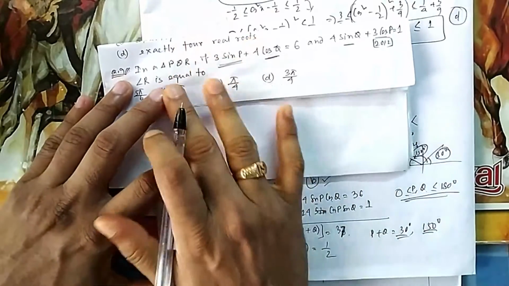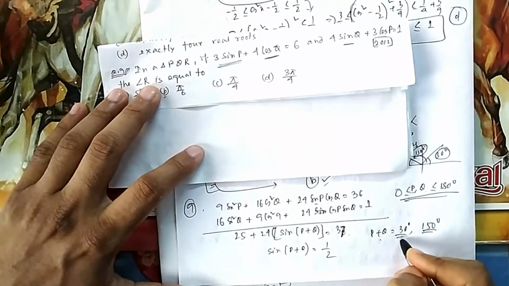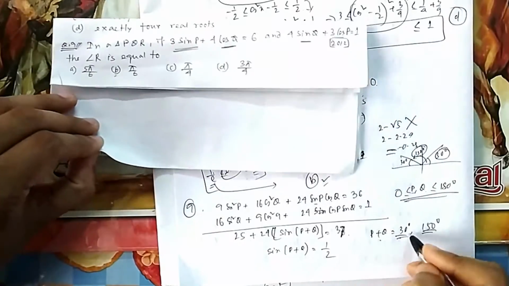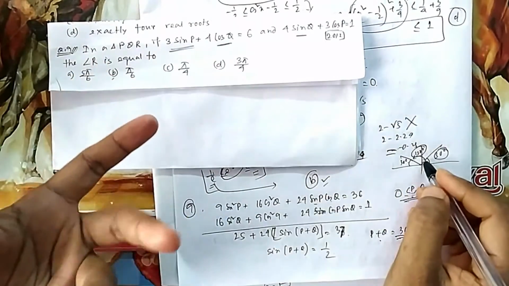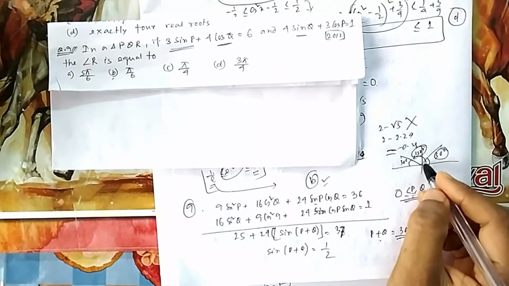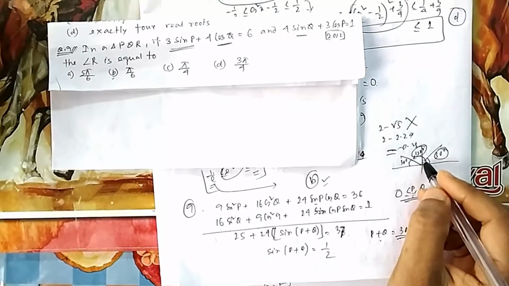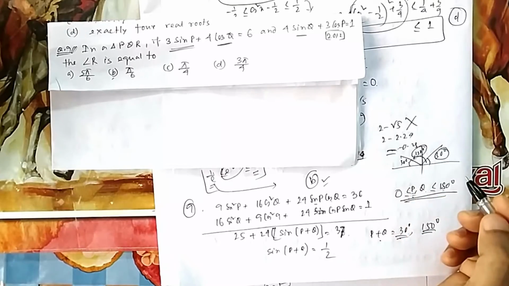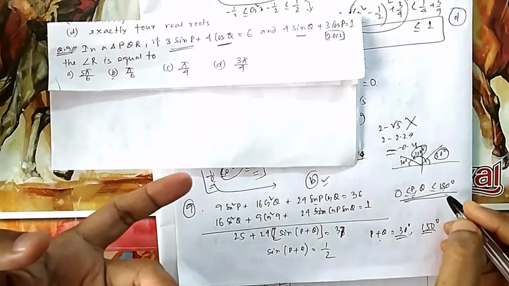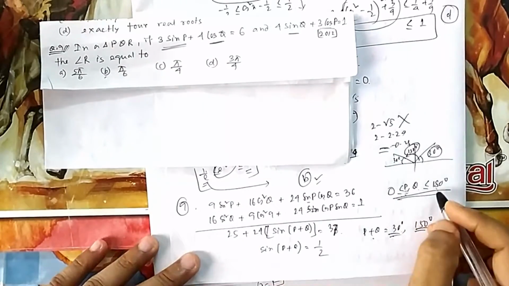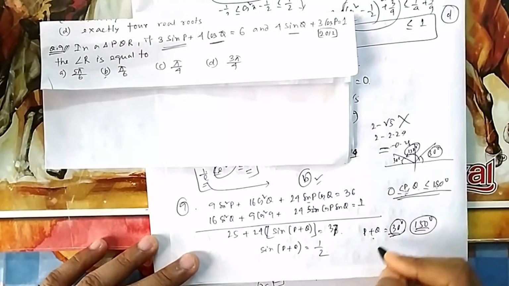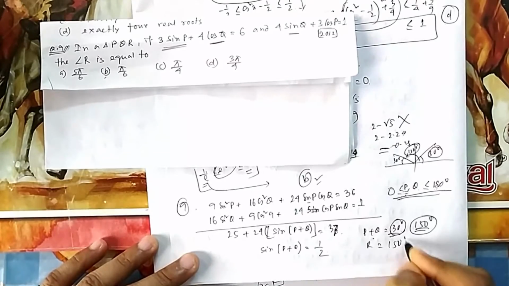R is not exactly the answer, I am calculating P plus Q. So it can be 30 because it is half. It can go this side also, because P and Q can take values above 90 also. If one is 70 and one is 80, then they can add and give you 150 also. That is highly likely in a triangle. One can be 70, one can be 80, there is no harm. So your R can be 150 also, R can be 30 also.